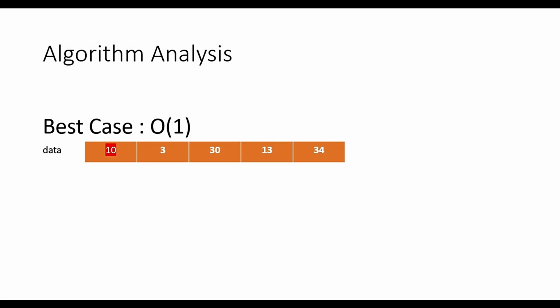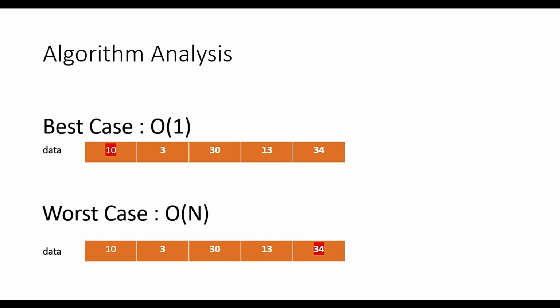Now let's discuss the performance of the algorithm with respect to its time complexity. So in the best case scenario, the time complexity will be big O of 1, wherein the element you are trying to search is the first element in the array. And if you think about the worst case scenario, there are two possibilities. One possibility is that the element you are trying to search is the last element in the array. In that case, you do n comparisons. And also possible that if the element doesn't exist, in that case, also you will perform n comparisons. So the worst case scenario for this algorithm is big O of n.